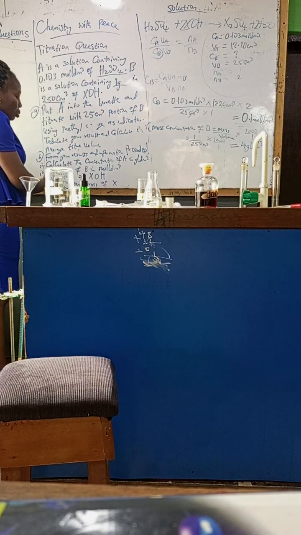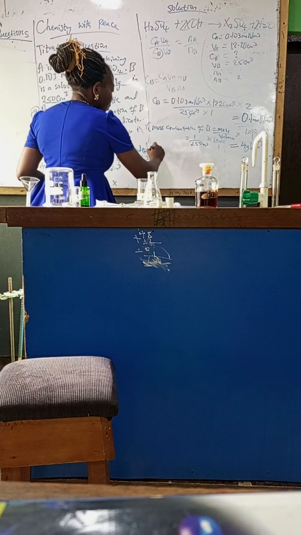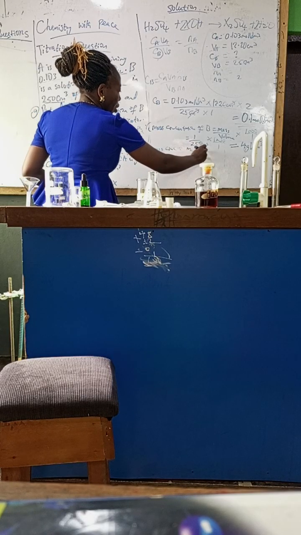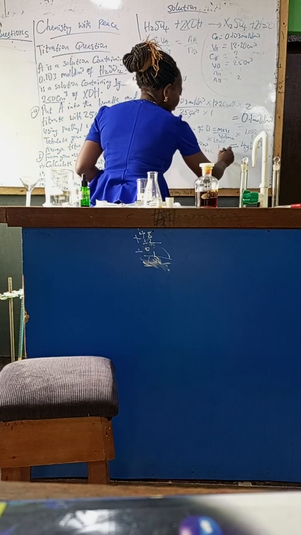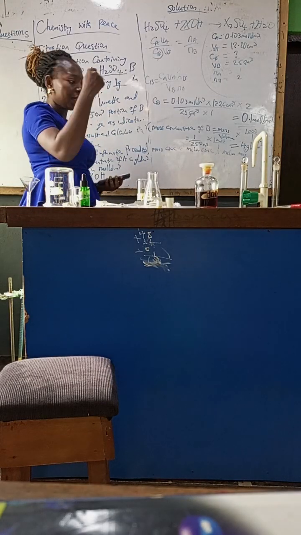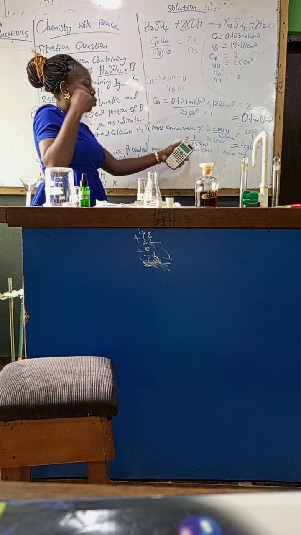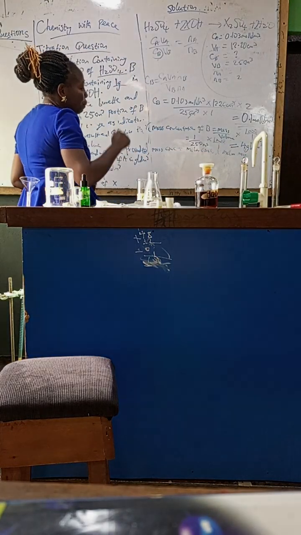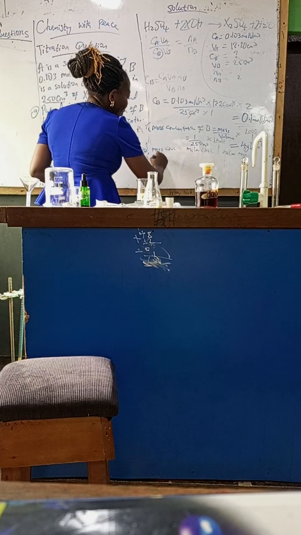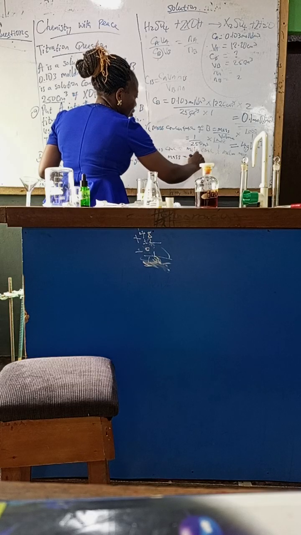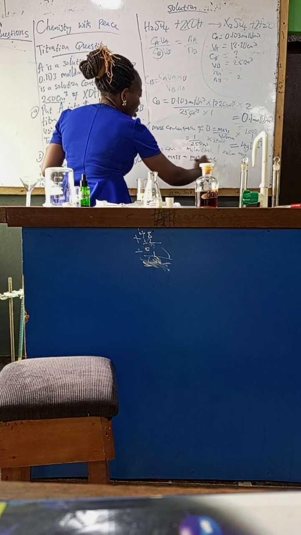Remember, we are looking at how to get our molar mass. So we are going to use the formula. Mass concentration is equal to molar concentration times molar mass. So now this is what we are looking for, molar mass. So we are going to make this molar mass the subject of the formula. So by so doing, we have it that molar mass is equal to mass concentration over